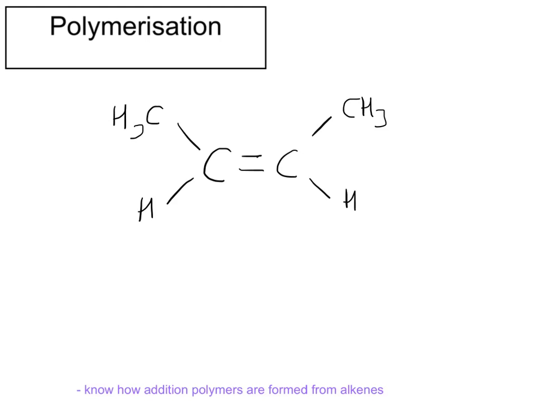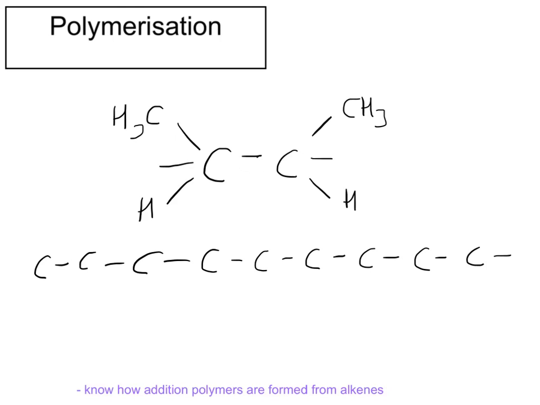And addition polymerization occurs when the double bond here breaks, and it will break when you use a catalyst, high pressure, high temperature. So this double bond breaks, and when the double bond breaks, these two carbons now have a free bond in order to join onto others, and what it'll join onto is more of the same. And what you end up getting is a long chain of these monomers, which is what we call the singular part. The monomers all join up to form polymers,